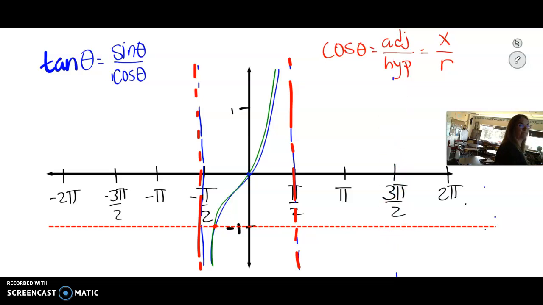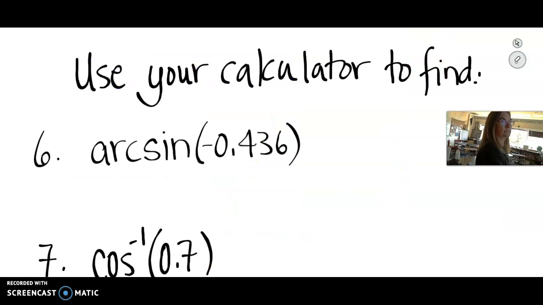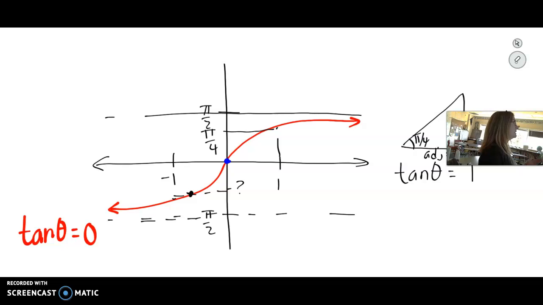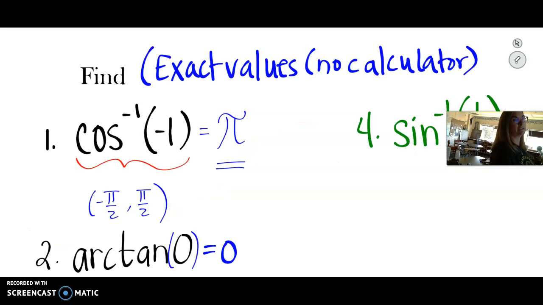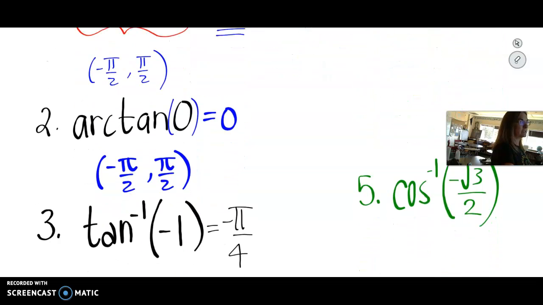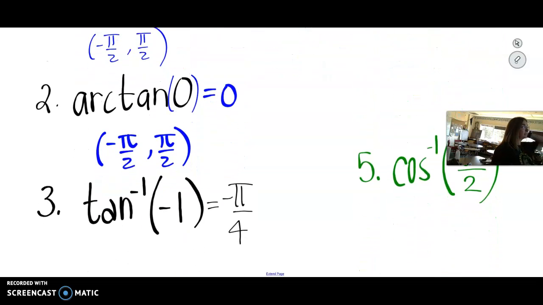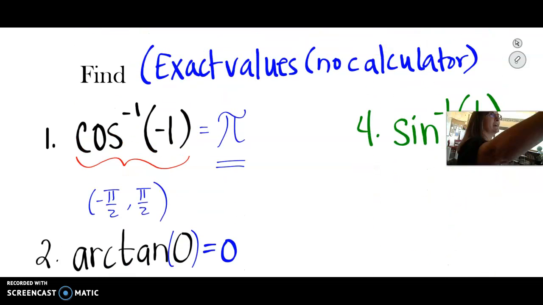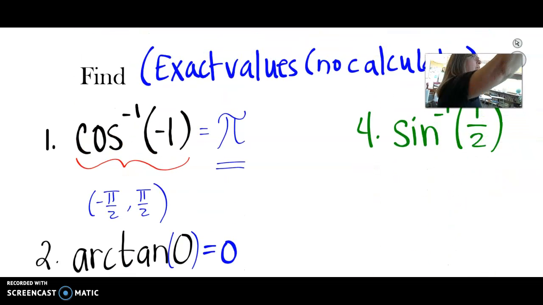Which looked like, oops, wrong direction, this graph. I'm going to graph the inverse. So the angle that's in that region between negative pi over 2 and pi over 2 is negative pi over 4. All right, so the nice thing is if you're finding the sine inverse of positive 1/2